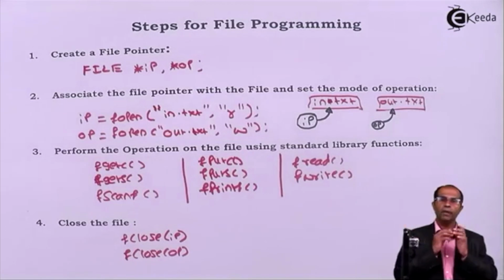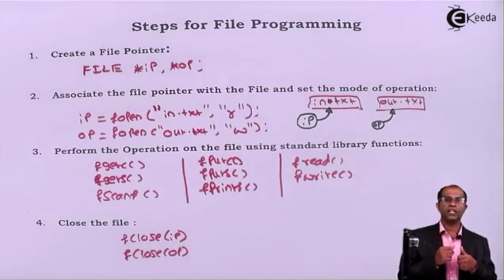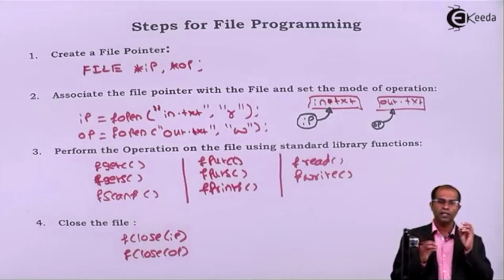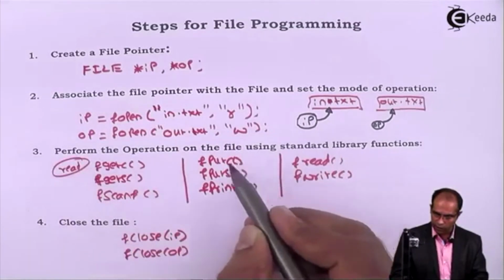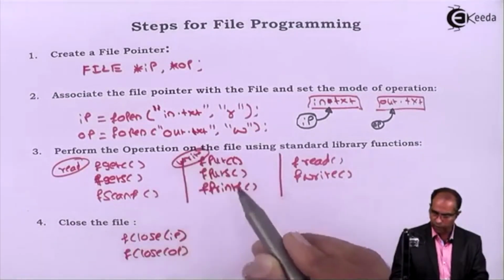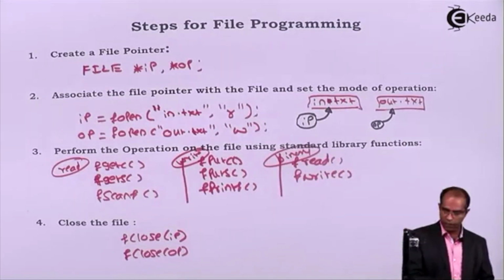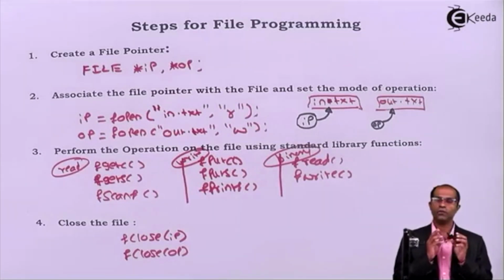then I can carry out many operations like reading, writing or appending onto this file using various commands like fgetc, fgets, scanf, fputc, fputs, fprintf, fread, fwrite. All these functions work on a file either to read or to write. So I have listed these commands which are used for read, then these are the commands which are used for write, and this is working on binary files. Once the files have been read or written, the last task is to close the file. We can close the file by using the fclose function.